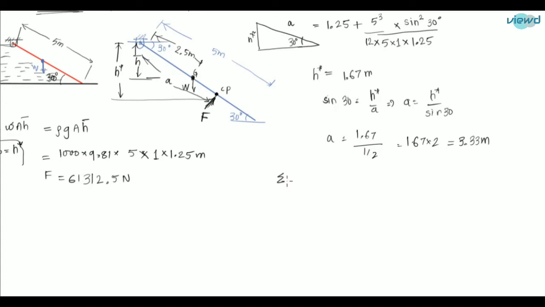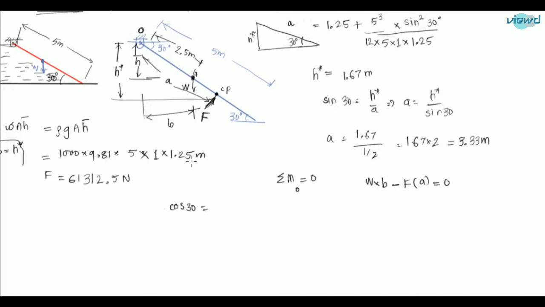So if we take moments, the summation of moments about a point O is equal to 0. So what are the forces acting on that plate? One is W. W is the force acting on the plate, into the perpendicular distance from O. So from here to here, let me say that is B. W into B is a clockwise moment, and minus F into A is an anticlockwise moment. So taking clockwise as plus and anticlockwise as minus, and equating it to 0. But we don't know the value of B. So in order to find B,